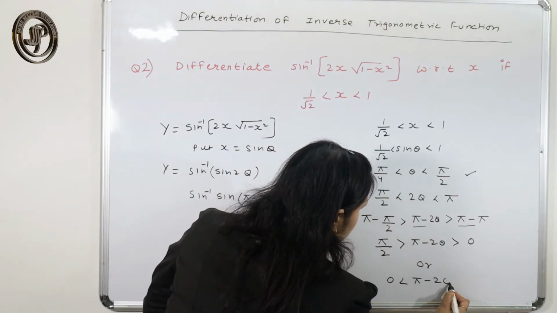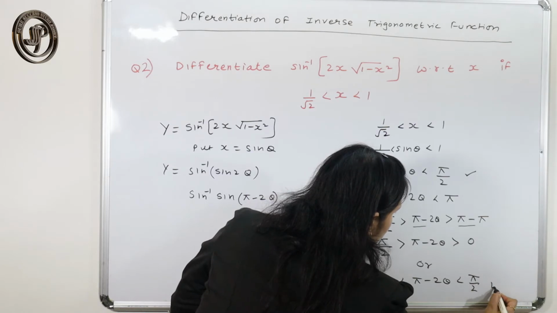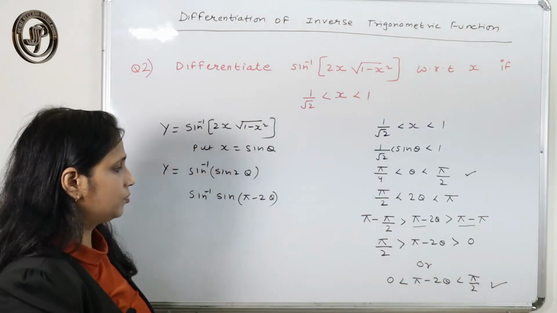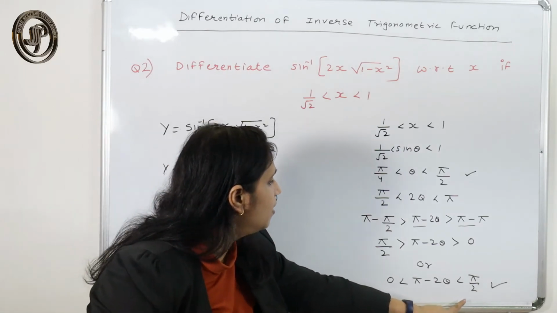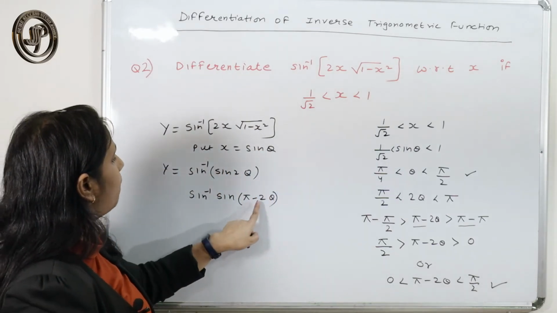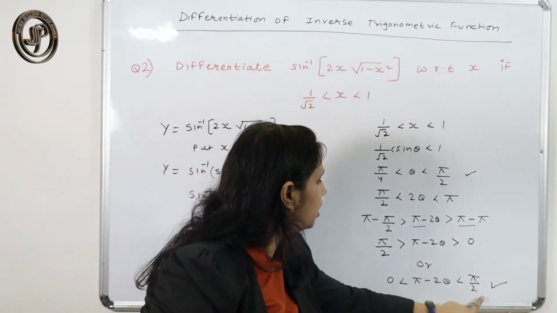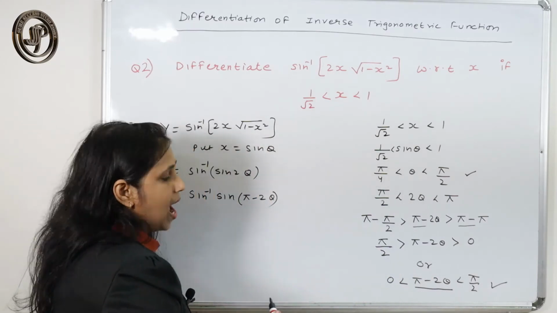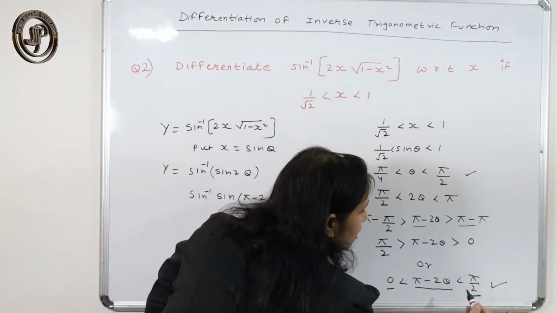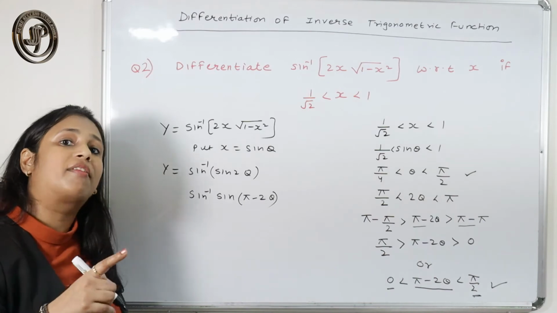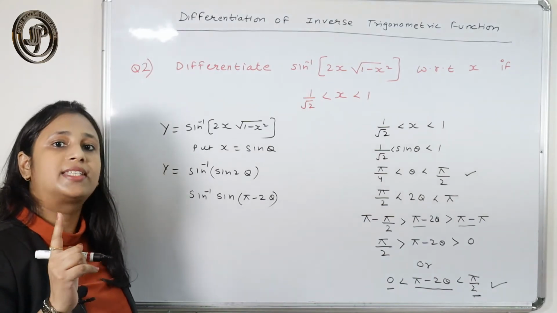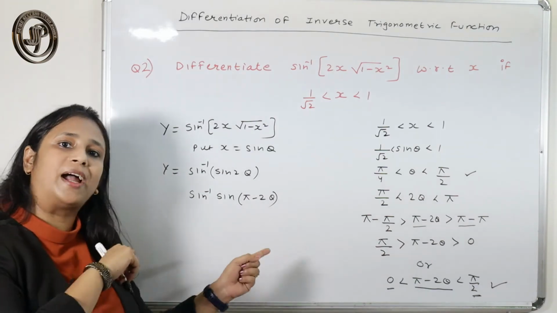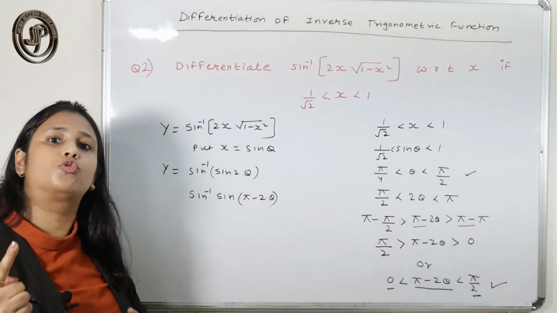or we can write this thing as pi minus 2 theta, pi by 2. This is the thing which is to be understood. Now our range with pi minus 2 theta comes in our range. Means now this is your angle theta, and that comes in between 0 to pi by 2. And what is the range for sine inverse sine theta? That is minus pi by 2 to pi by 2. So that is coming under minus pi by 2 to pi by 2.